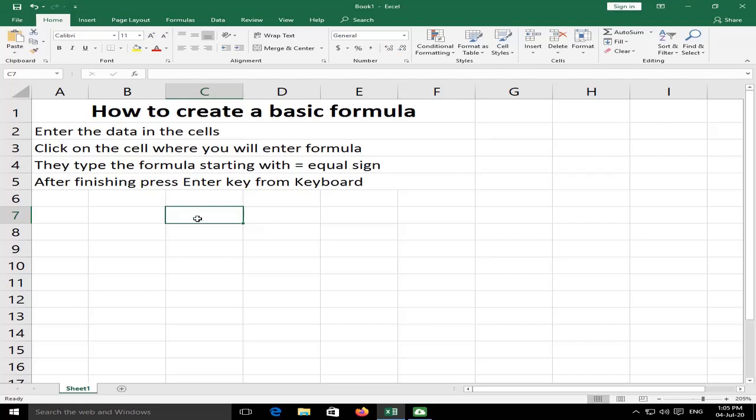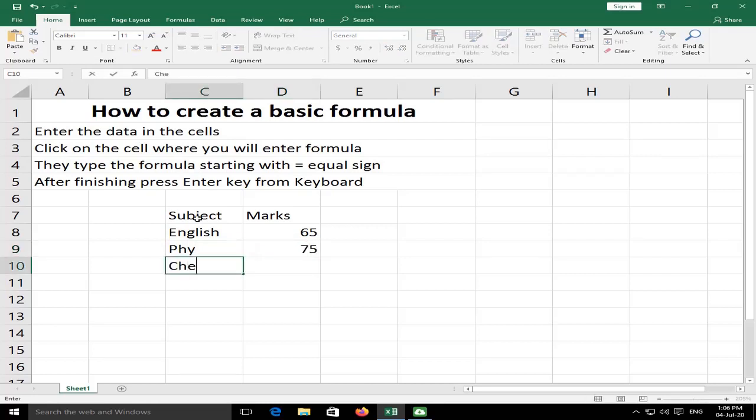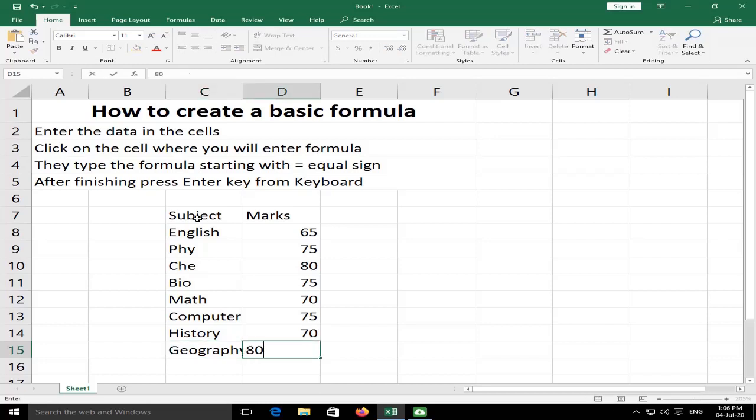So I am entering, suppose this is the subject name, this is the mark. Suppose this is English, then here for example 65, next is suppose physics 75, chemistry suppose 80, then biology suppose 75, math suppose 70, computer suppose 75, so history 70, geography suppose 80.